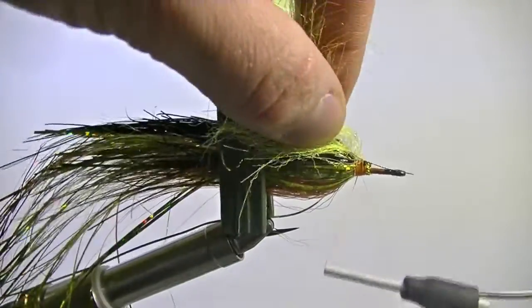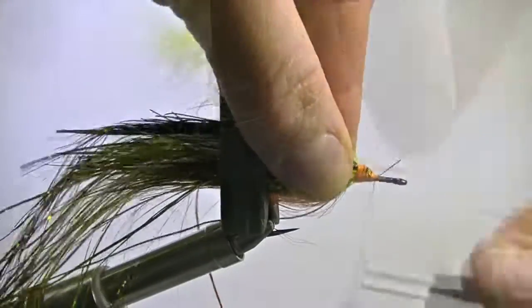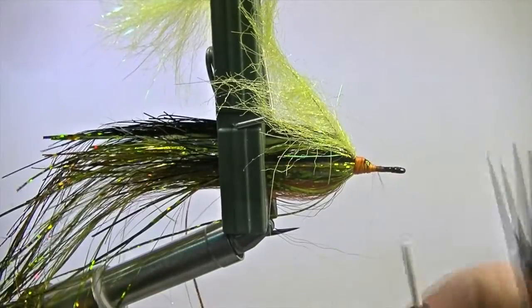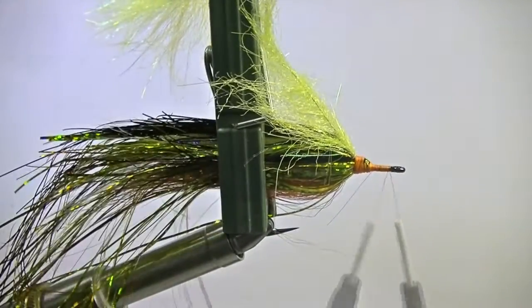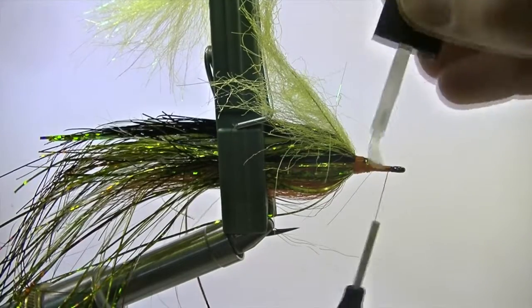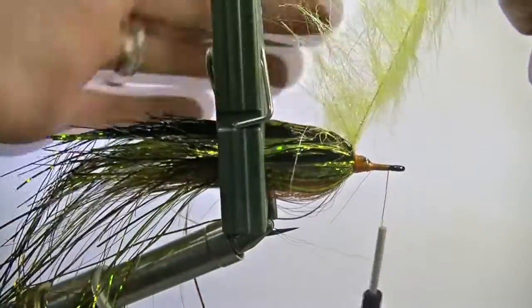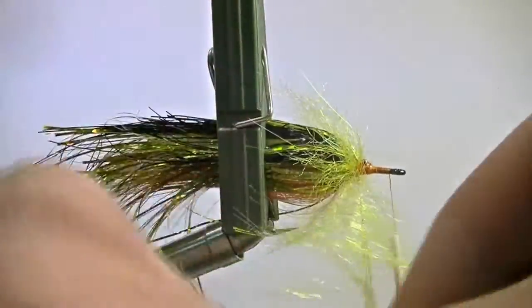The head of the fly is created with an EP anadromous brush. Simply tie down the wiry stem of the brush, making sure the rest of the brush is faced backwards. And then take your thread and wrap it just shy of the eye. Once your thread is out of the way, add a little bit of zap to the head of the fly,